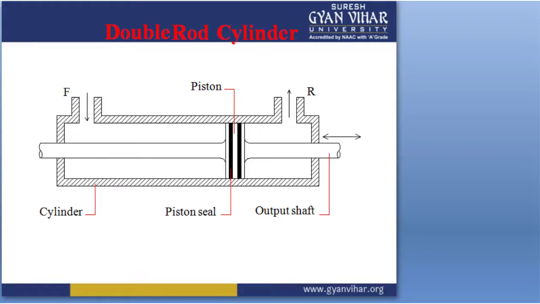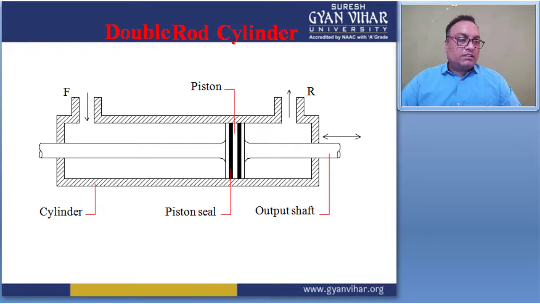At the time of the forward stroke, it provides a reduction stroke on the left side, but on the right side it creates an extension stroke of the cylinder. But if this process is reversed, it creates an extension stroke at the left side of the cylinder, and a reduction stroke at the right side of the cylinder.